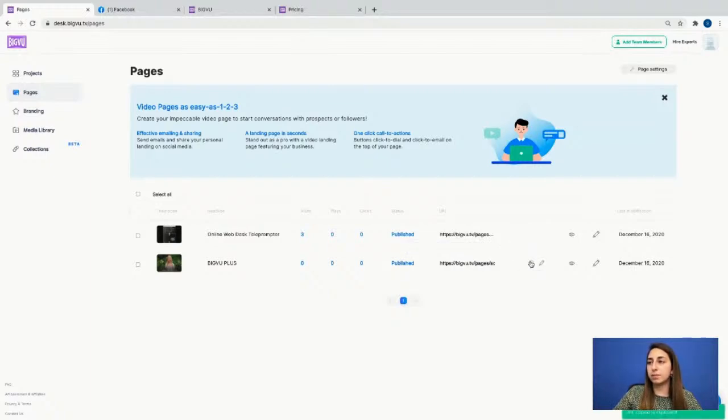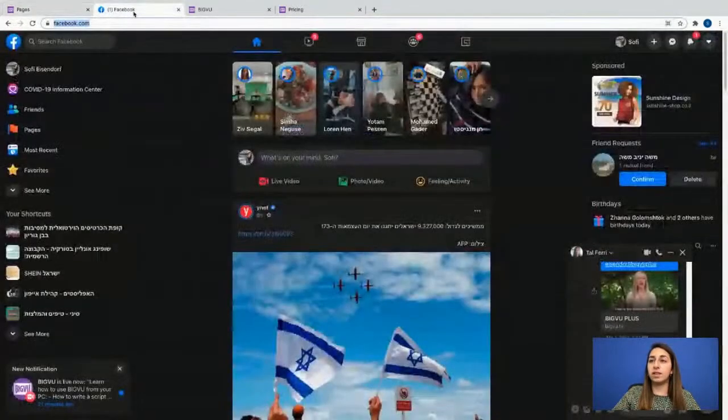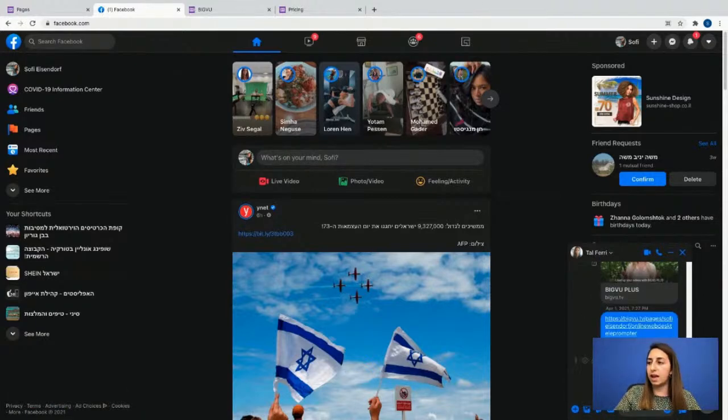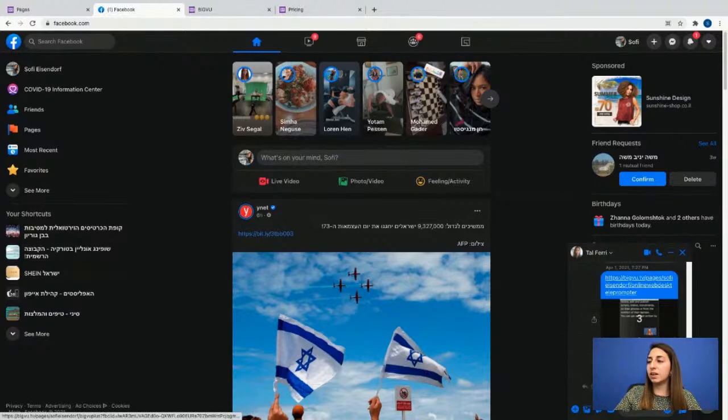I copy this and I want to send it to a friend on Facebook Messenger. So I go to Facebook and I just paste whatever I want to send to her, and I just press enter. And as you can see, in a second, this link will